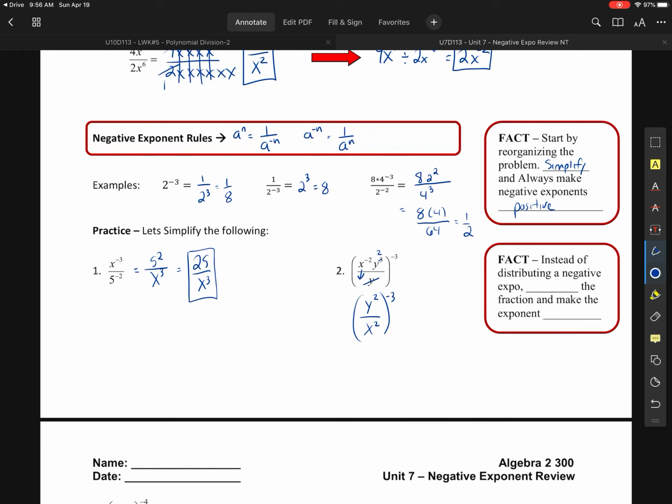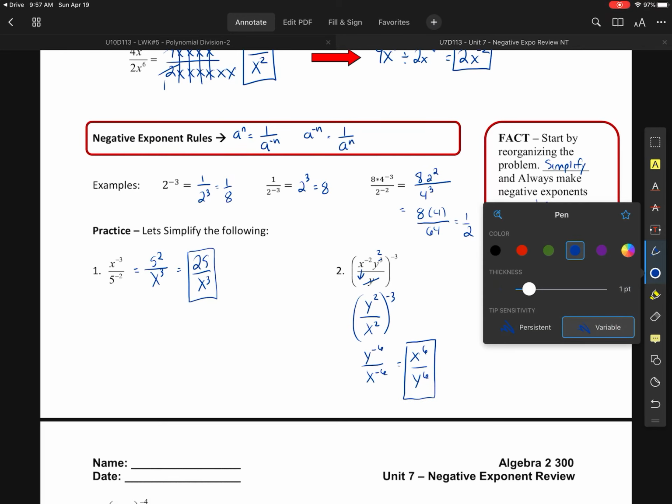So in this situation here, I could give out the exponent, y to the negative 6, x to the negative 6, which would flip-flop to be x to the 6, y to the 6. But,